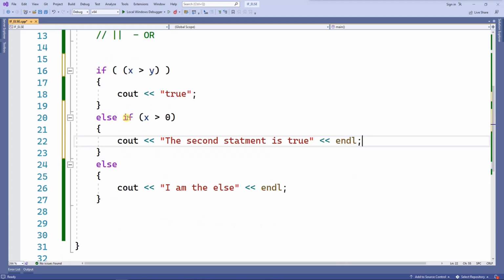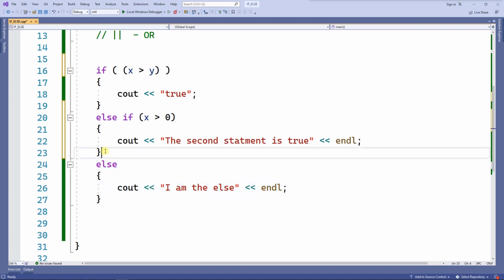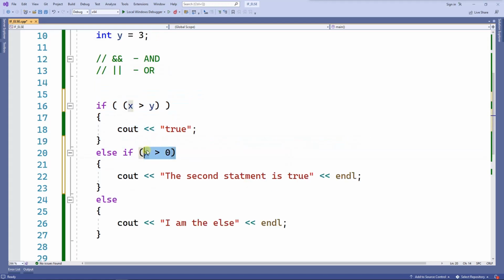Here I have an if, else if, and else. So the if gets executed if this is true, and then the else if gets executed if this is true, and then finally the else gets executed only if this is false. But there's one thing here. If this is true, then this body will not get executed if this is true. So on an if else statement, only one item gets executed, and it's the first one that